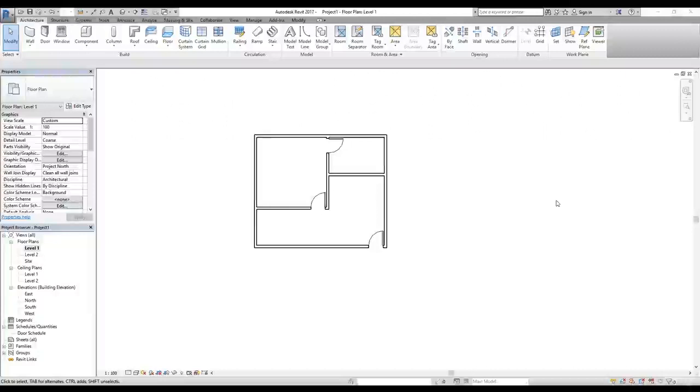Welcome back everybody. In this video we're going to talk about how to create groups and what the advantages of creating groups are. Sometimes you need to reuse the same information elsewhere in your project. You can simply copy those elements and place them in the new location, but a better approach is often to use the group. A group is a collection of objects that you have grouped together and given a name,